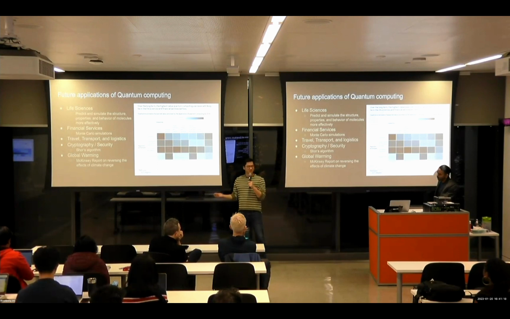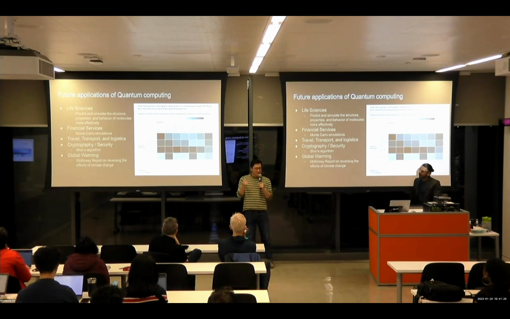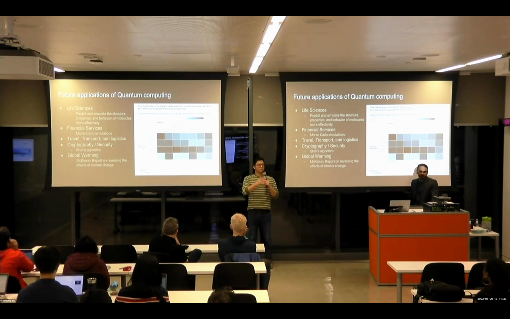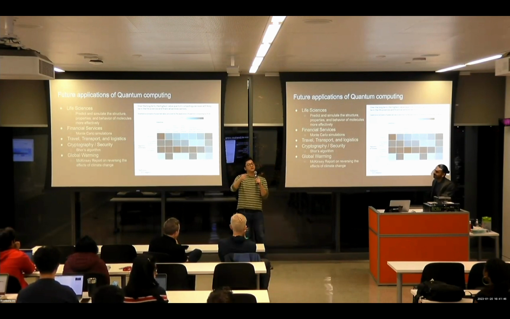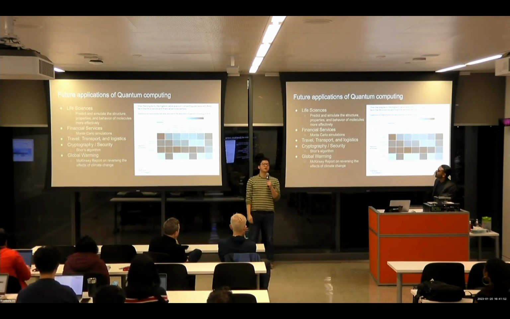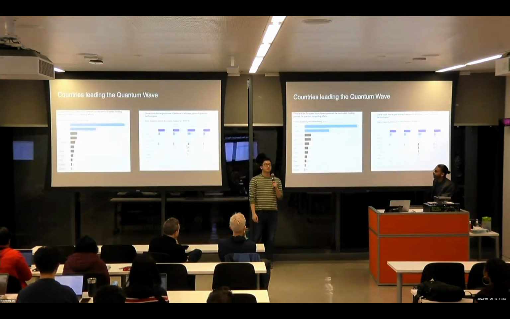Cryptography and security is one of the biggest. I'm sure many of you have heard of Shor's algorithm. It's basically aimed at RSA encryption, which underlies a lot of what we do in, let's say, your passwords and hashing algorithms that determine, okay, it will take millions of years to break a password. But with quantum computing, Shor's algorithm makes it so that it's a log regression, meaning instead of taking an exponential amount of time for each bit, it would be a log regression. So as you increase the number of qubits, you'll be able to break some of the encryption algorithms that we have today. All right, so let me pass it back to Samar to kind of go back.